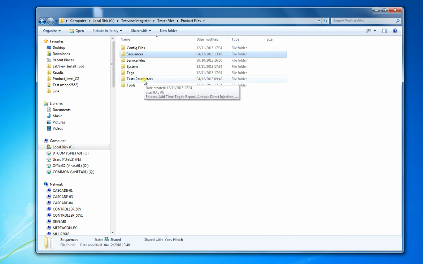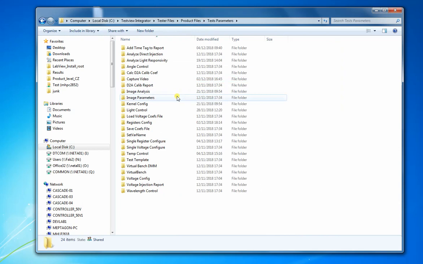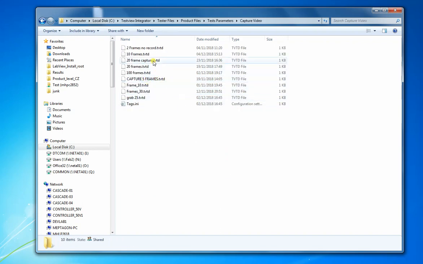Another useful piece of information, test parameters. Test parameters for every command or every special sequence that we use. If we want to capture video, and we created several captures of video, 20 frames, 100 frames, all those parameters that we set in the sequence will be stored here.